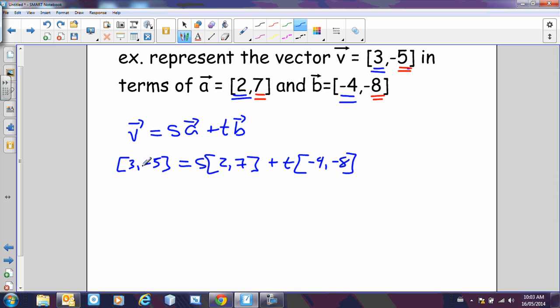So my 3 will be some value times 2 plus some value times negative 4. That seems like a silly way to write that. So minus 4t. My negative 5 will be determined by a certain amount of the 7 minus a certain amount of the 8. And so essentially now I have two equations, two unknowns, and I can solve it as I would